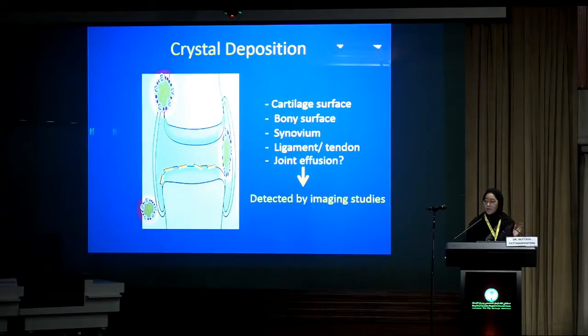And you actually can have sesamoids related to the heads of all the other metatarsals, although the fifth metatarsal is the more common one. Reduction of the surrounding tissue. Because crystal deposition and these changes can be seen by imaging study. So the cartilage surface, the bone surface, synovium, ligament, and tendon, and sometimes people think it can be detected on joint effusion. So